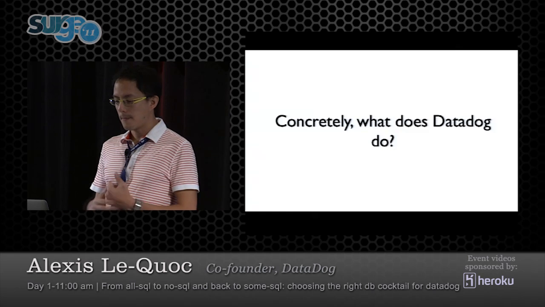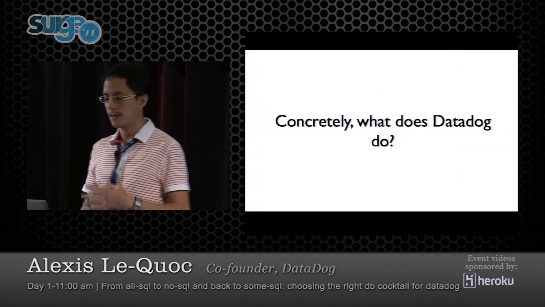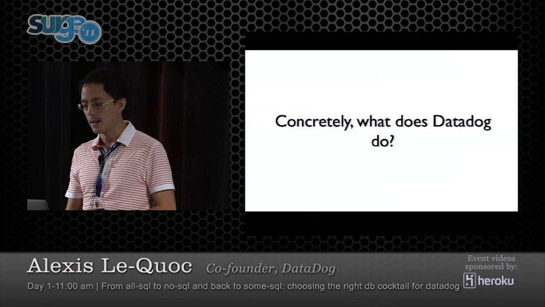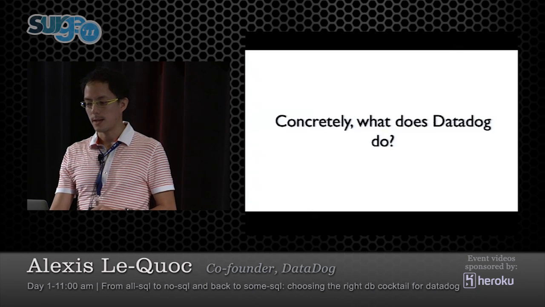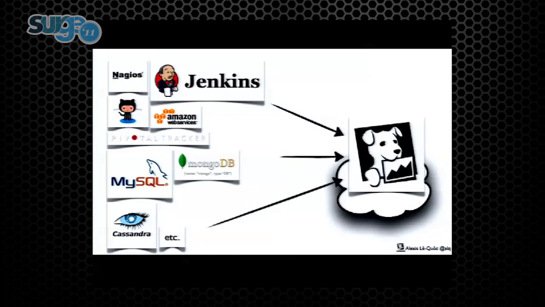Now, I've very briefly mentioned the problem space that Datadog is operating in, what it is that we do. And that's important so that you can understand the choices we made. So the first thing that we figured we'd do is we'd aggregate all these crazy signals into one place. And then tag and categorize. And the reason why we would want to do that